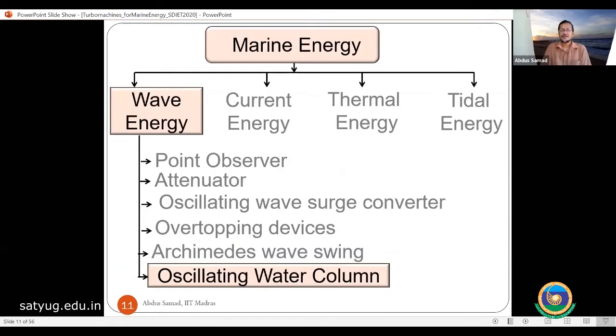So marine energy, see, mainly there are four types: wave energy, current energy, thermal energy, tidal energy. And another can be there called salinity gradient energy. River water has low density, and ocean water has lots of salt, so it is high density. If there is any density difference, and you put one membrane and some mechanism, then because of the density difference, the water column level will be going up, and you use that water column to run a turbine. In India, no one has tried this actually, but America and other countries are trying to get energy from the ocean salinity gradient.